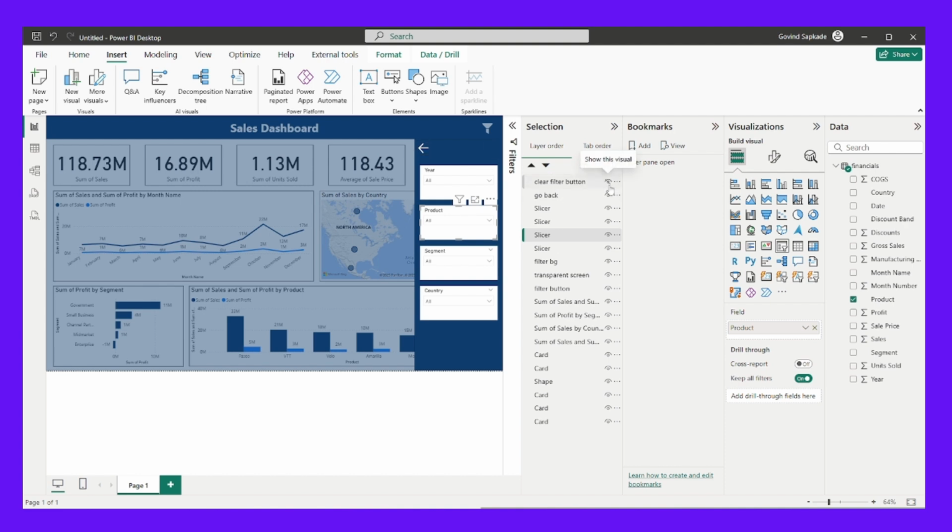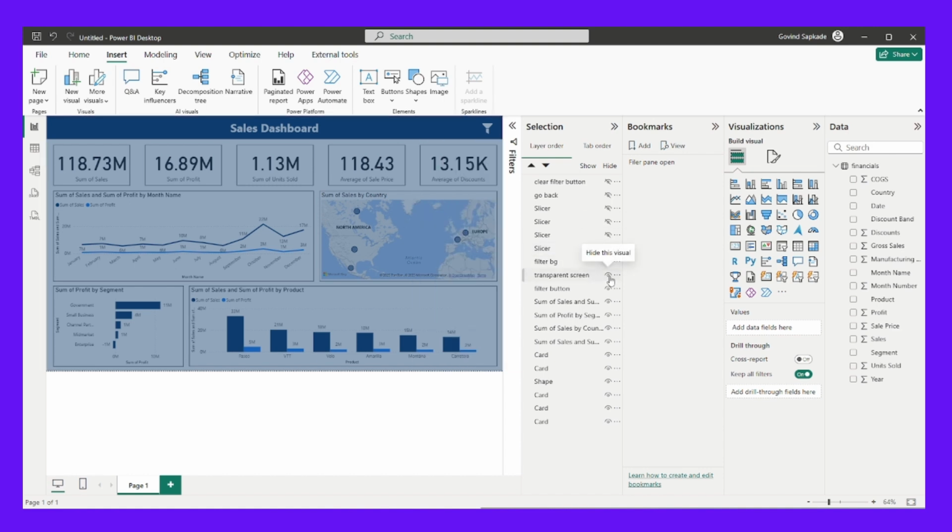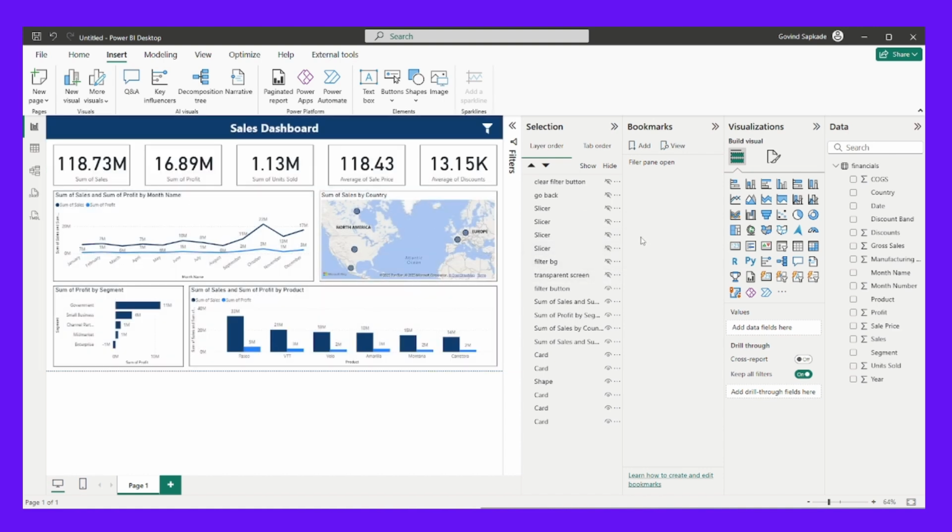So clear filter button and then go back button, then all the slicers I will hide line by line, then filter background and transparent screen. This is my main screen, right? I will add a bookmark, and I've captured this particular screen as well in the filter pane closed bookmark. Make sure you just unselect this data point, right,